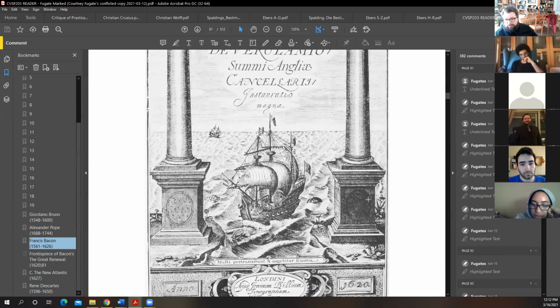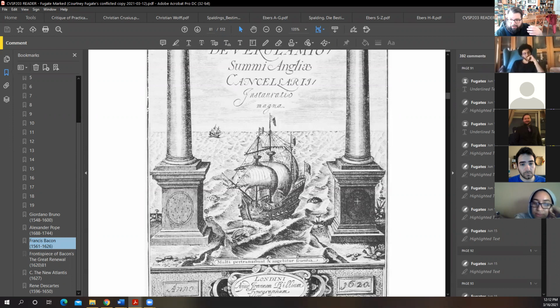They are just, for instance, the printer's picture. So certain publishers like Cambridge University Press or whatever would have their own picture. But sometimes, in particular cases, people had their own frontispiece designed for their book. And Bacon did. So this is a symbolic